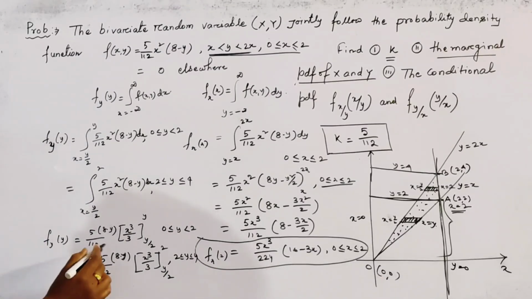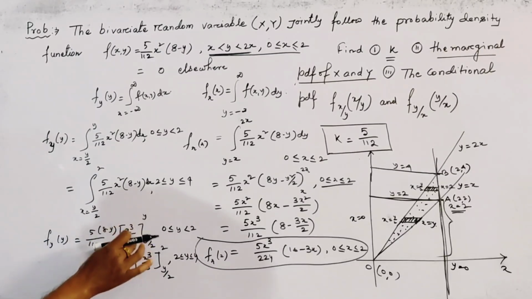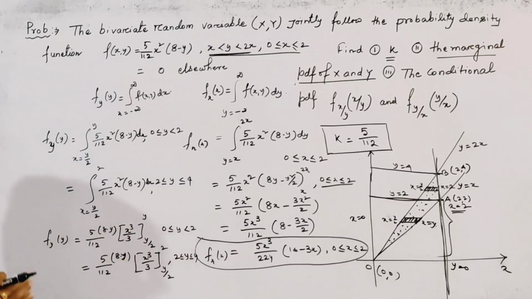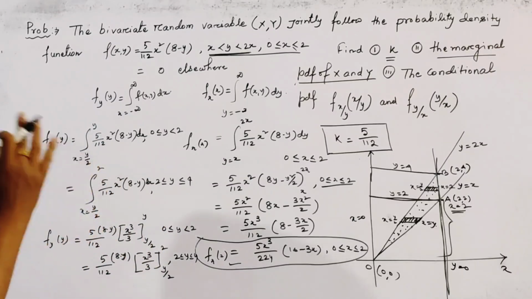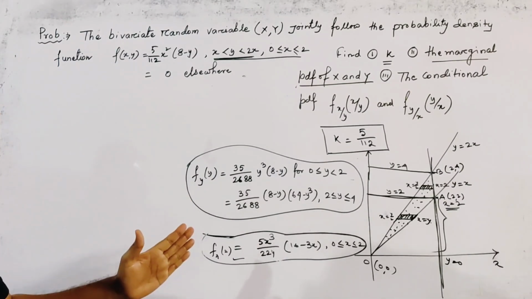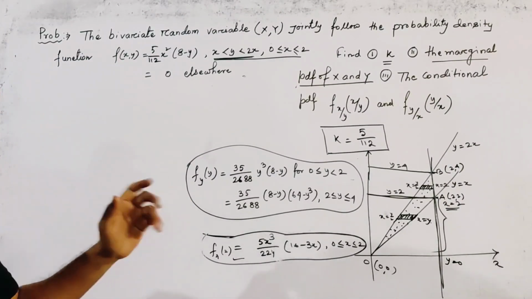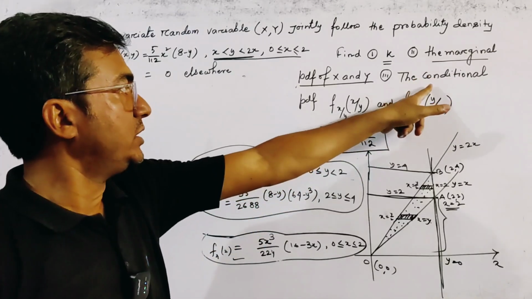Okay, now putting the range of x in here and here, we get, or we write directly, the marginal PDF. We already found the marginal PDF of x, and by putting the range here we get the marginal PDF of y. We directly write here the marginal PDF of x and y also. Okay, so our final target is to find the conditional PDF